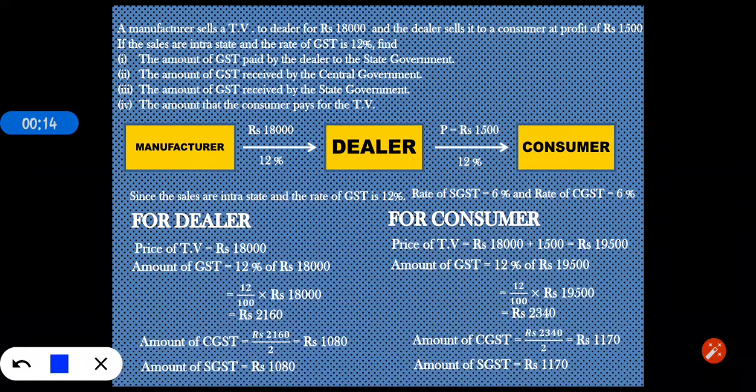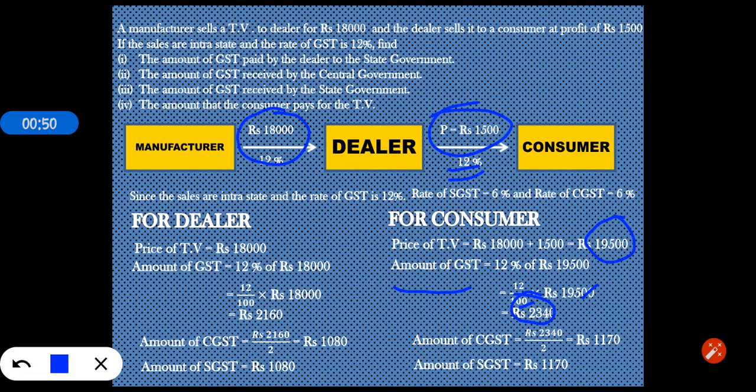So for consumer, price of a TV is equal to rupees 18,000 plus rupees 1,500, which is equal to 19,500. Rate of GST is 12%. Therefore, the amount of GST is 12% of rupees 19,500. So 12 divided by 100 into rupees 19,500. This 20 gets cancelled with this 20. 12 into 195 is equal to